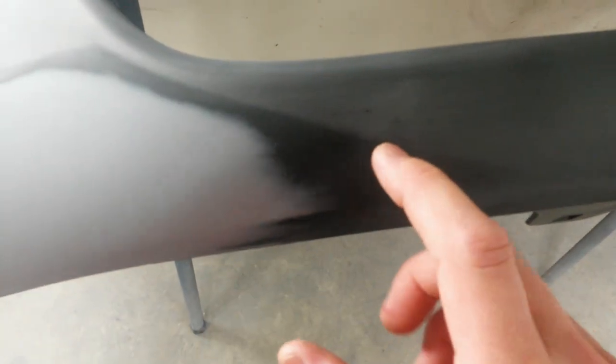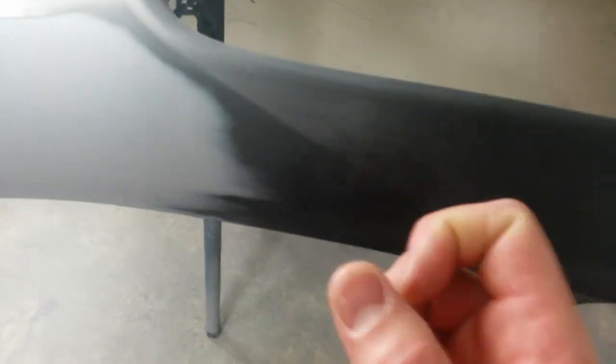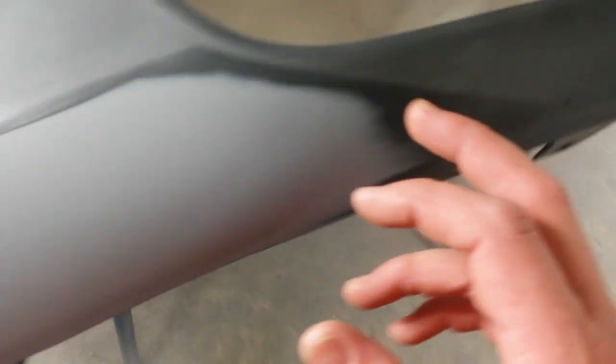Normally I would sand into the primer on the bumper with 400 grit to feather, for it to set into the primer and give an area to feather edge to blend together. But this is all raw plastic, this one and the rear one. Pretty much every Toyota bumper or Lexus comes raw. So I can't sand this really enough to do a normal feather edge, so I had to spray adhesion promoter